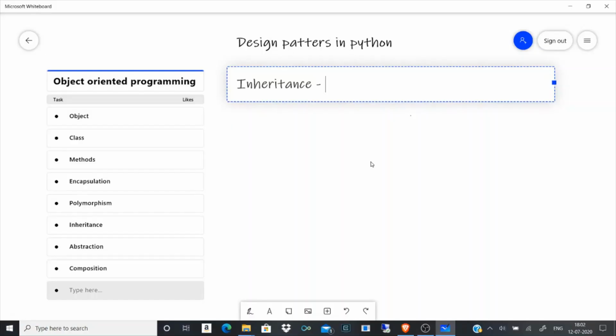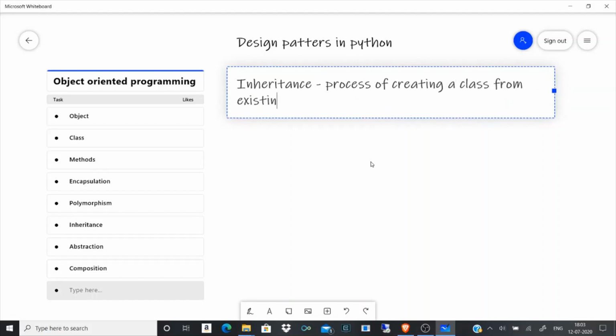Next topic is inheritance. Inheritance is a process of creating a class from an existing class. This means that inheritance allows one class to acquire all the properties and methods of another class.